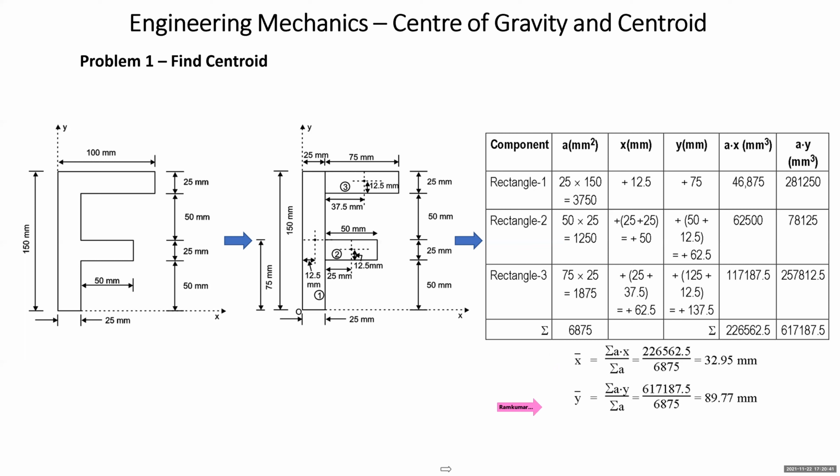Locate the centroid, find the centroid, or find the x coordinate of the centroid. The question is asked in this manner. Even if they give you the composite area and ask you to locate the centroid or locate the CG, you will still be finding x bar and y bar based on the surface area properties of the area.